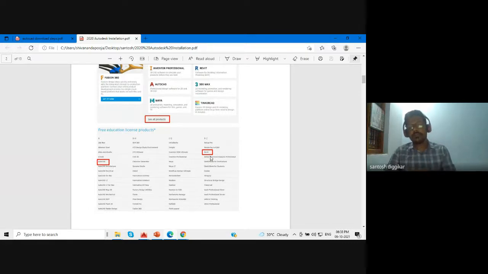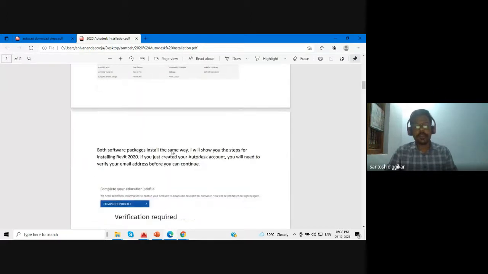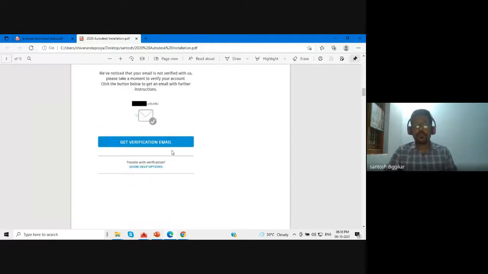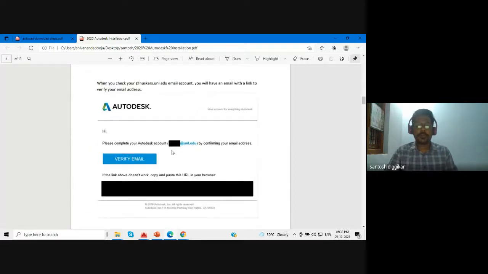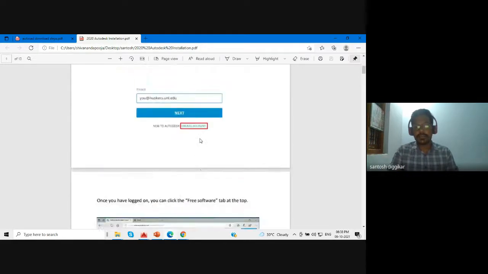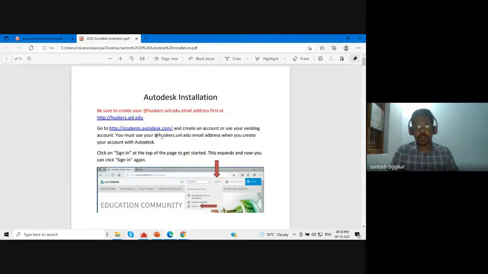To follow these steps, I'll post this PDF in the Google class and the WhatsApp group. If you have your college mail ID, you can install this for a 1 year free trial. Or else,